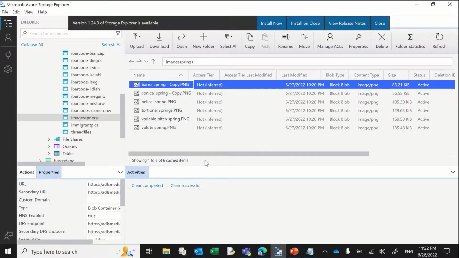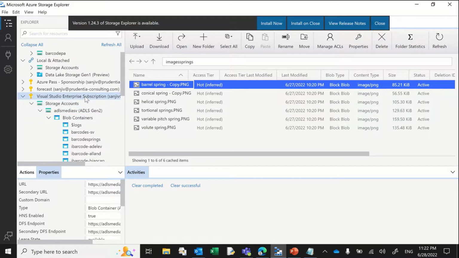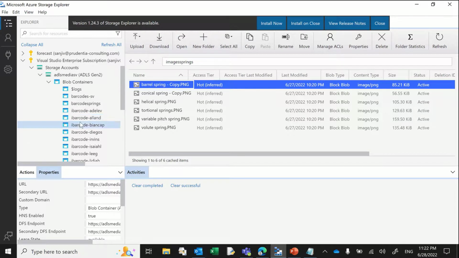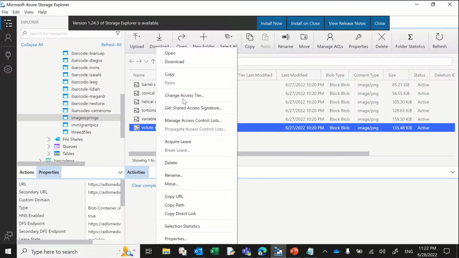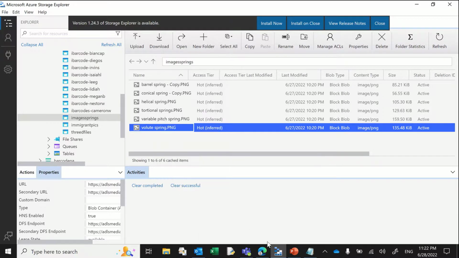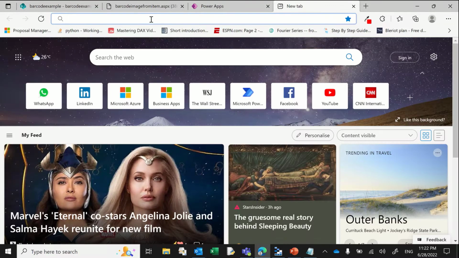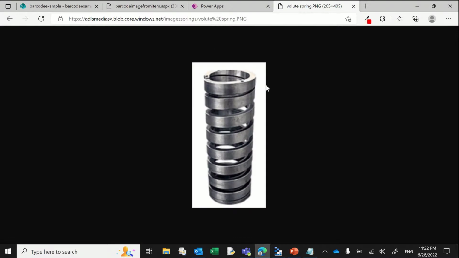Is the Azure data lake looks like so. My subscription, inside of which is my data lake. And inside of that are these containers. And for us end users, you can look at it more akin to folders, right? So there are all these folders, and I have a folder for the images of the springs here, right? And if I were to right mouse on it and then copy the URL and go online and paste it here, lo and behold, I can actually see the image of the URL. And there are various settings for this that you would need to configure, all of which is actually mentioned in